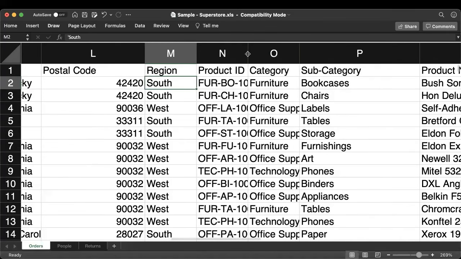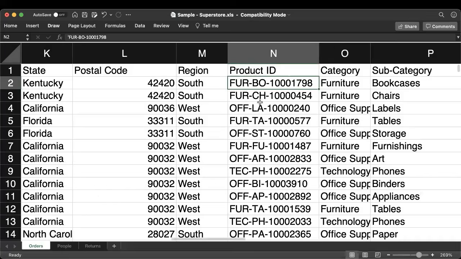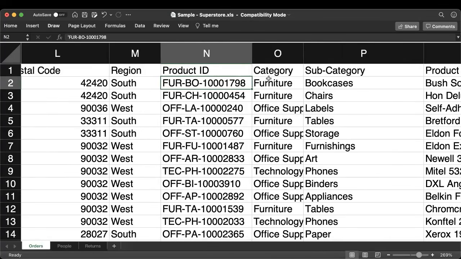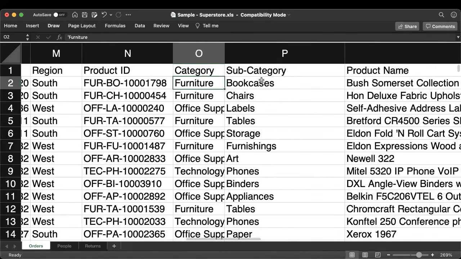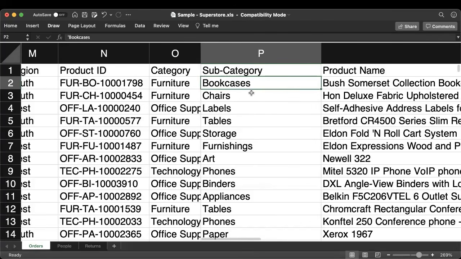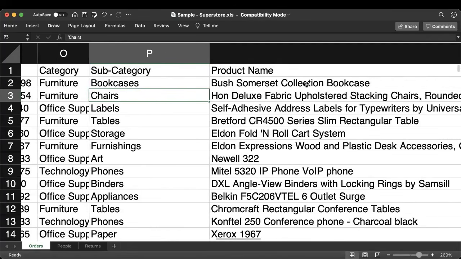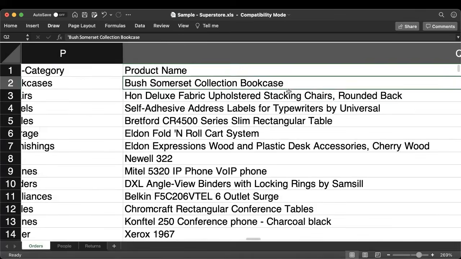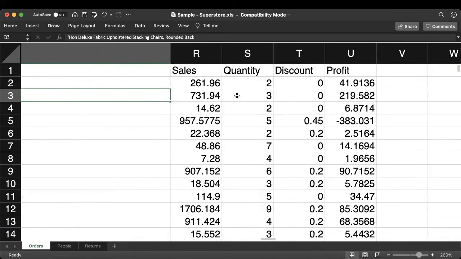And then we have information about the products. So here is a product ID. And you can see there's a difference here. So this is one product that was bought in the order, and this is the second product. Both belong to the category furniture. The subcategory for the first product is bookcase. The second one is chairs. And here you have the product name. And then you have the